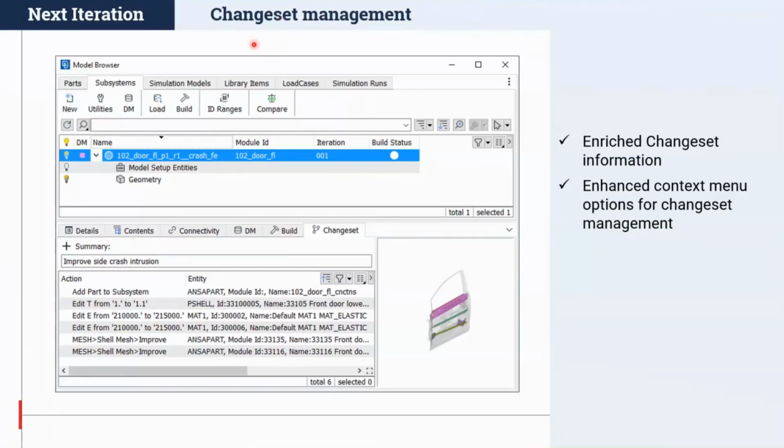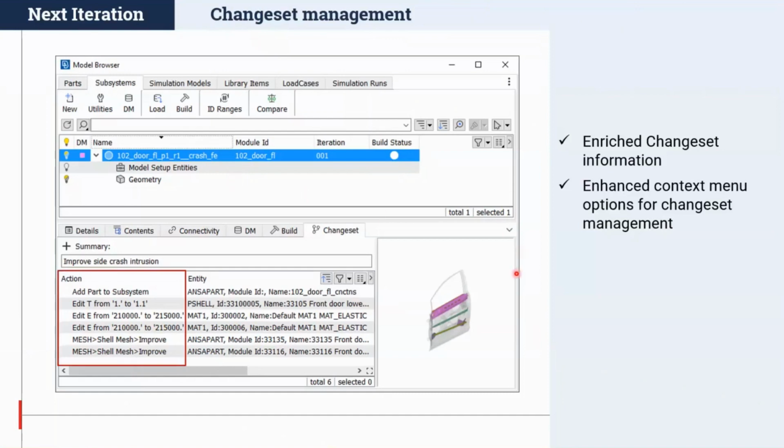When you are saving different versions of a particular subsystem, ANSA automatically tracks what changes have been made by the user, and also allows you to store this information into a change set management tool that is available in the drop down menu here.